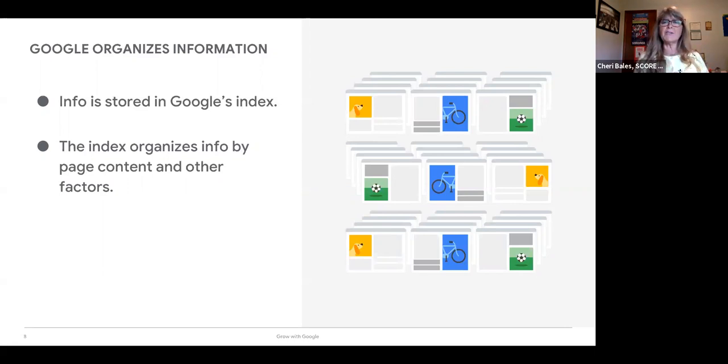Could be sorted by address. Anyone ever type a search and say near me? That's a great one. Put that on your website. It could be sorted by newness of information. Google loves it when you add new things to your website. You don't even have to add new things. You can just go in there and move things around, and you will still get a little boost in your searches from Google. So that index organizes it by page content and other factors,